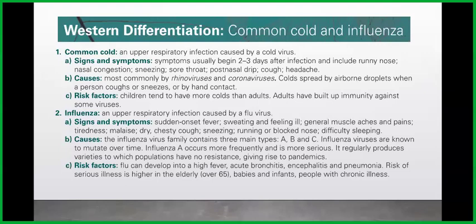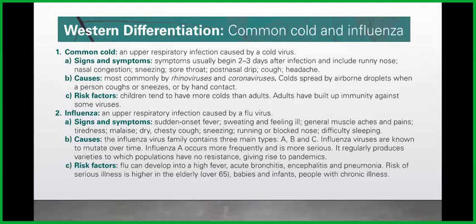The cause of influenza: the influenza virus family contains 3 main types, A, B, and C. Influenza viruses are known to mutate over time. Influenza A occurs more frequently and is more serious. It regularly gives rise to pandemics. And the risk factors: flu can develop into a high fever, acute bronchitis, encephalitis, and